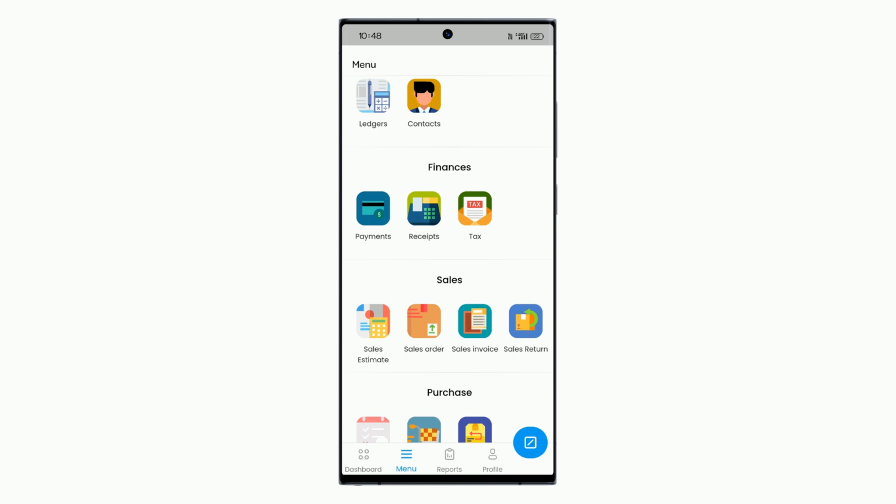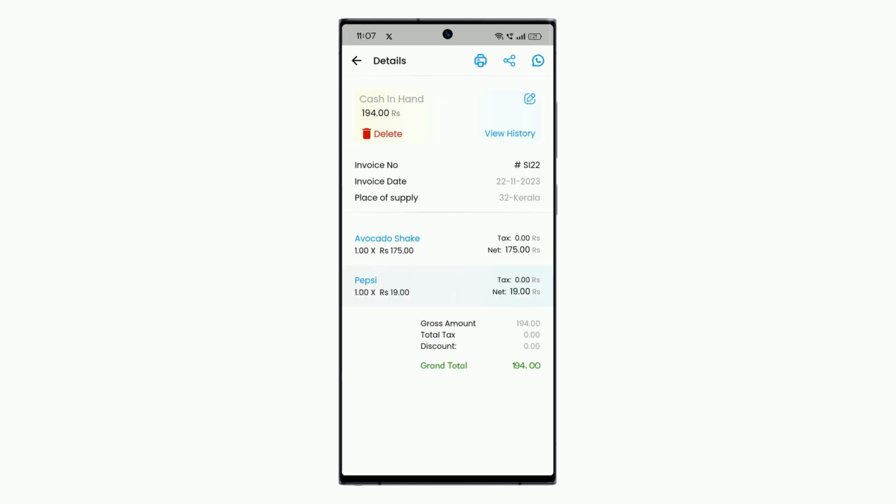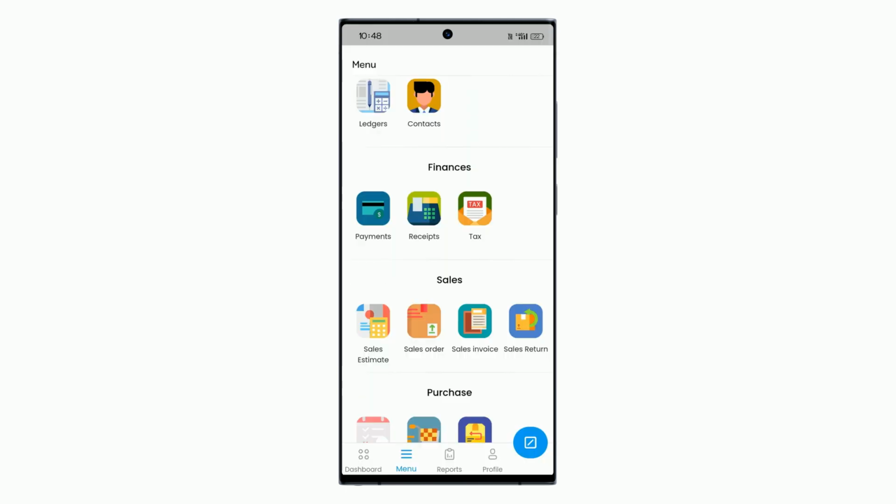Moving on to the VIKN Books Pro mobile app, open the app, access the menu, and choose the sales invoice. Select any invoice, and at the top, you'll find the WhatsApp icon. Tap it to open WhatsApp for sharing. Similar to the web app, you can search and select a contact or, for direct sharing,